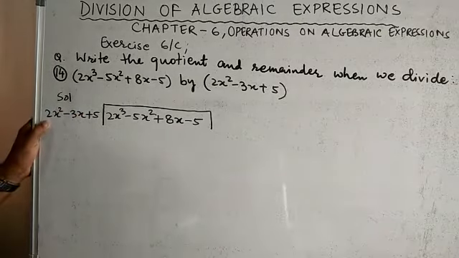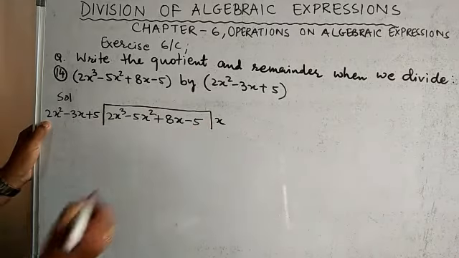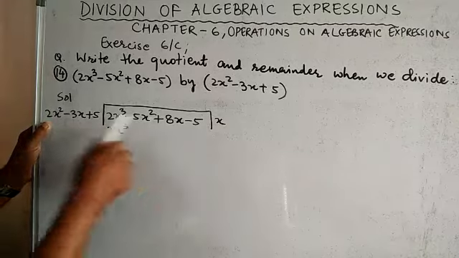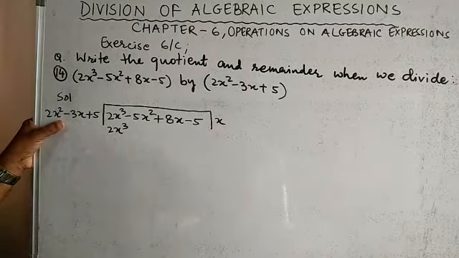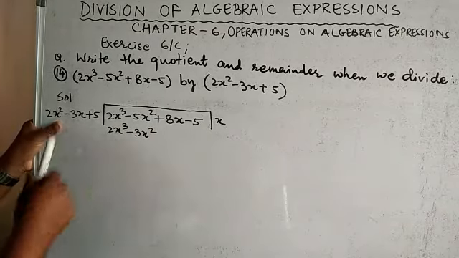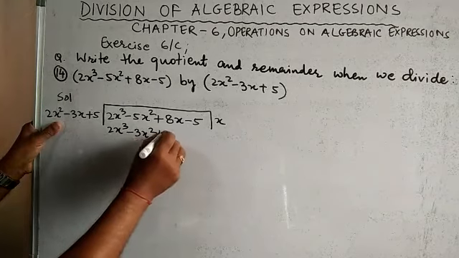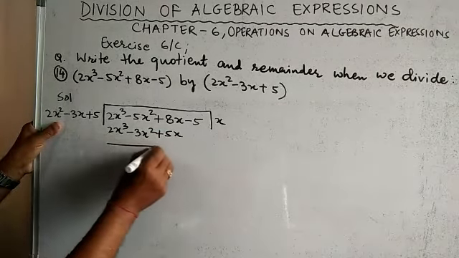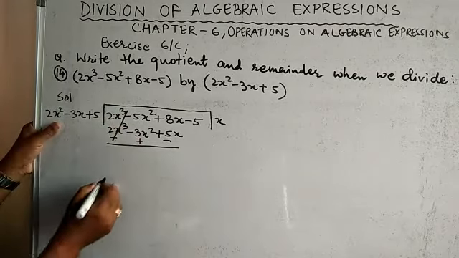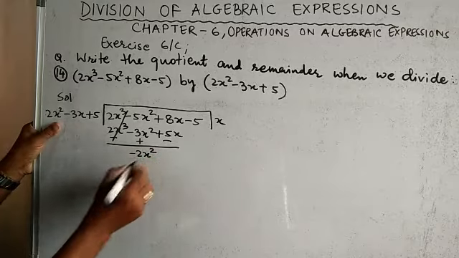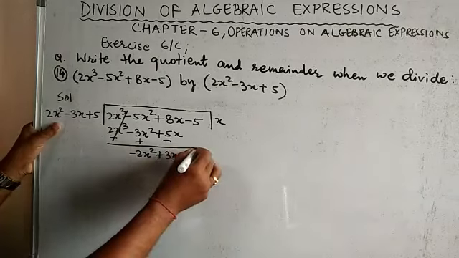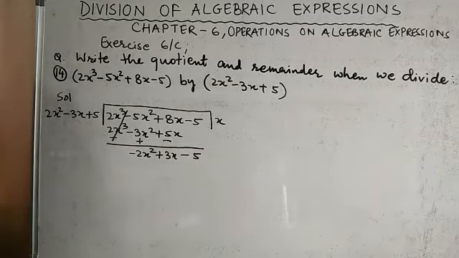so that this 2x square multiplied by x gives 2x cube. Now this x to be multiplied to minus 3x gives minus 3x square, and this x multiplied to 5 gives 5x. Now we have to subtract them. Cancelled. Minus 2x square plus 3x minus 5 is now the remainder or